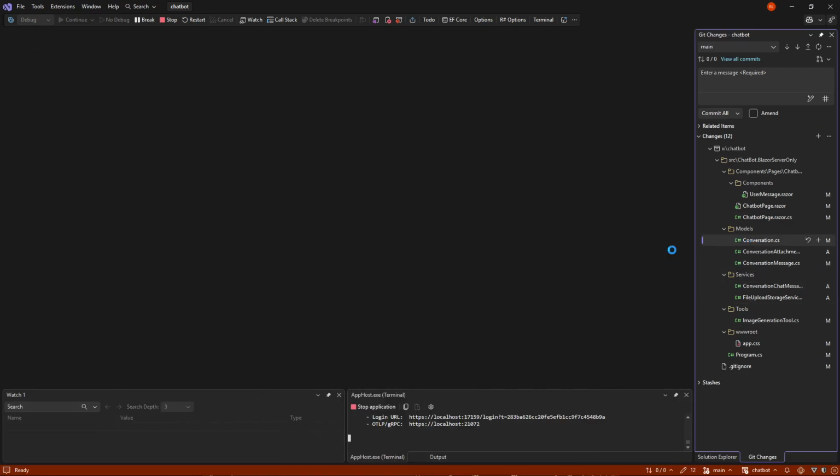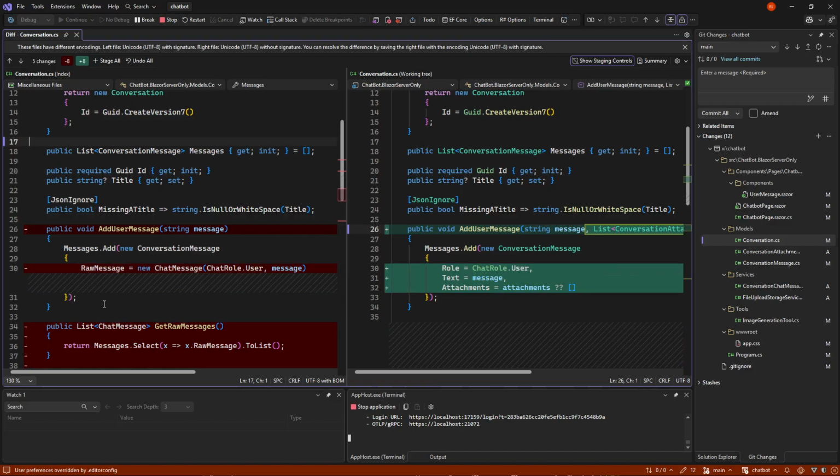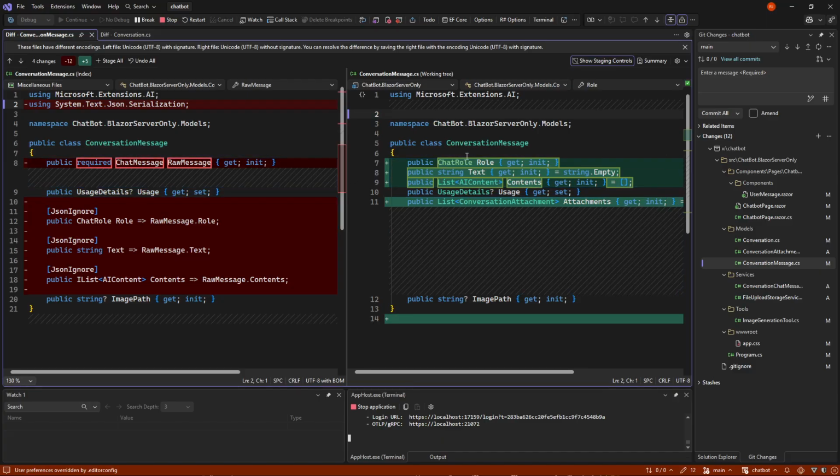So the conversation now, instead of holding a raw message, meaning chat message, just stores on each message itself the role, text, and content, as we did before. And now we have the attachments as well, next to the image part. So we're getting rid of what we were not really in control of, because chat messages fit our system well so far, but suddenly there was something in there, meaning the base64, that didn't fit us. So that's the reason why I made this change and refactor.